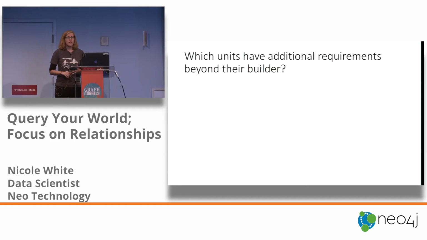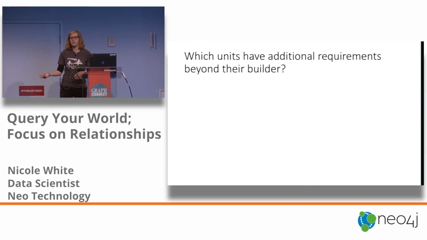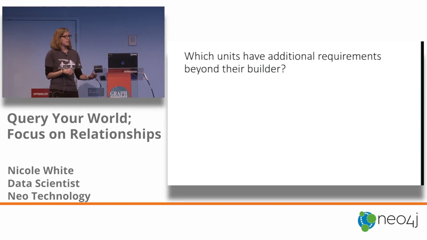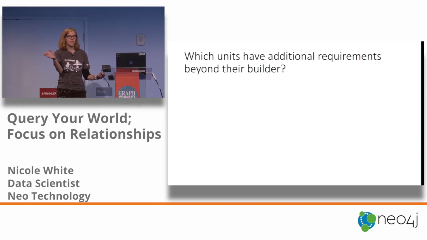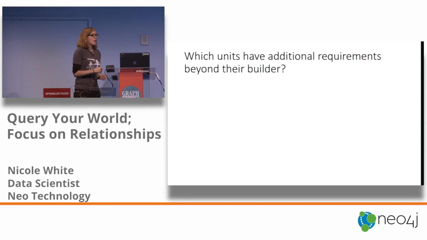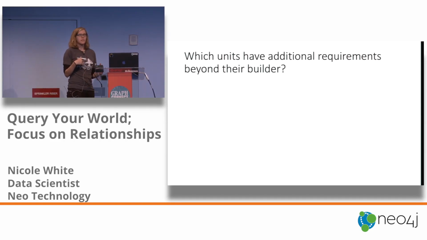Okay, which units have additional requirements beyond their builder? We have both the builds relationship in there and the requires relationship. Most units simply require the building that they're built at, but some have additional dependencies that circle around that building, and are not built at the building that they most immediately require. So